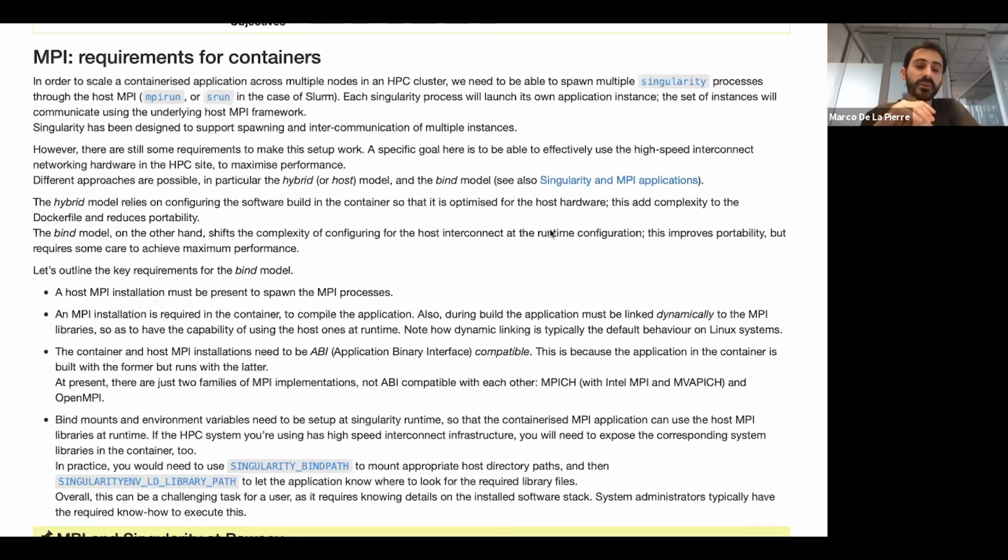That's the one we are going with at Pawsey. In the bind model, you rely on the host MPI and interconnect libraries at runtime. That way, you decouple the process of building the application from the process of making sure it runs with maximum performance in relation to the interconnect configuration in your supercomputer cluster, which kind of makes sense. I mean, you can perfectly build a working application which is MPI-enabled without knowing the interconnect configuration. These are two different things. That's because